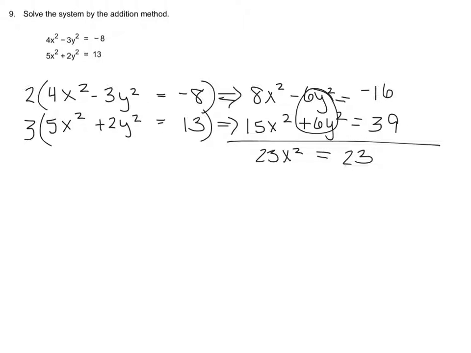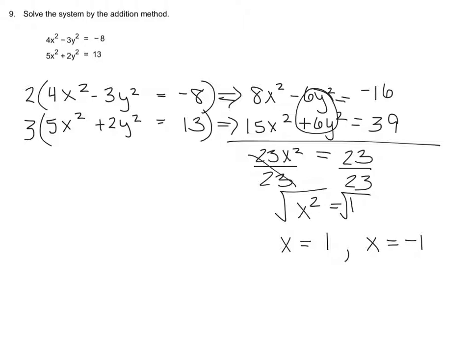Now I can solve for x by dividing both sides by 23, and we get x squared equals 1. I'll take the square root of both sides, and when we do that, we get x equals a positive 1 and x equals a negative 1. That's because when we take the square root of a whole number, we have positive and negative solutions. Now I'm going to take the values for x and plug them in to one of the equations and solve